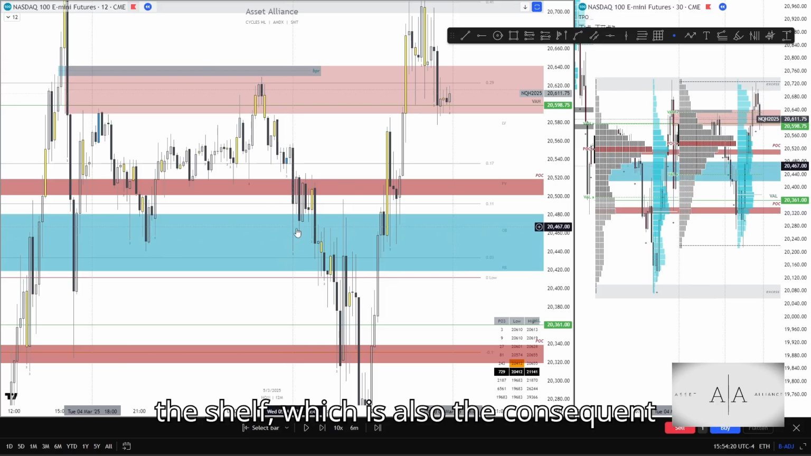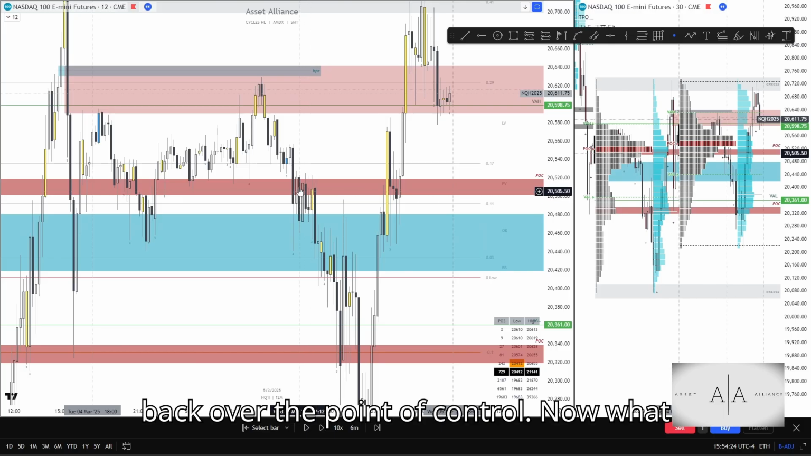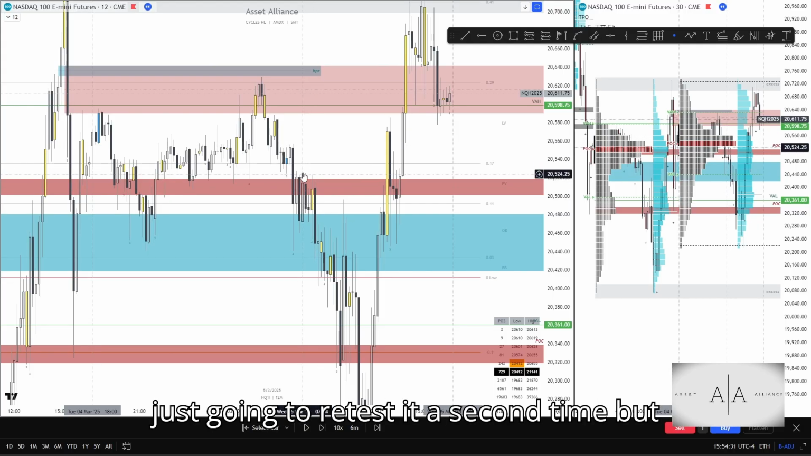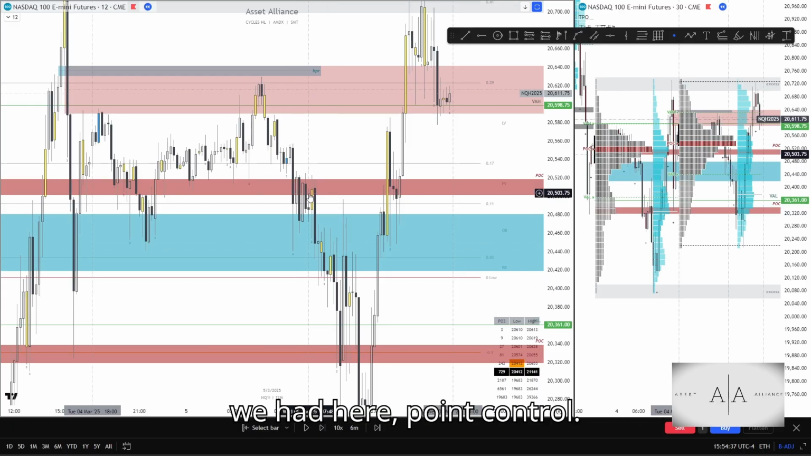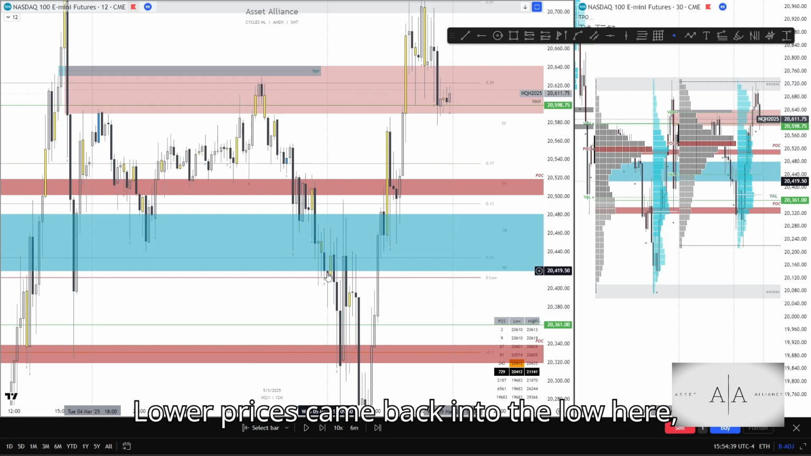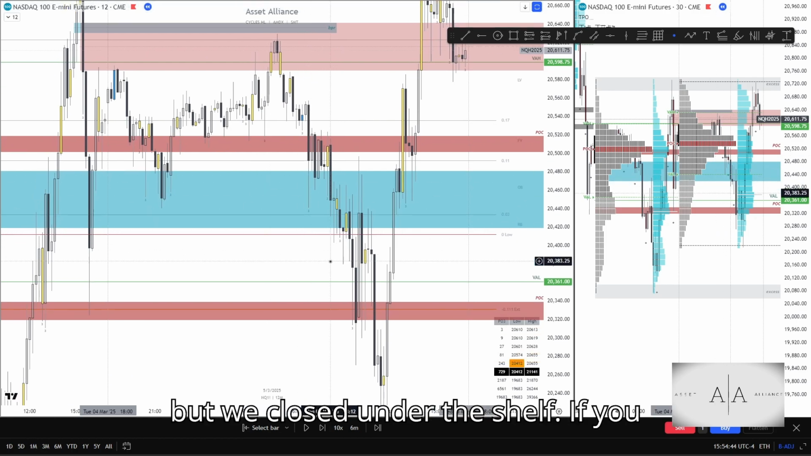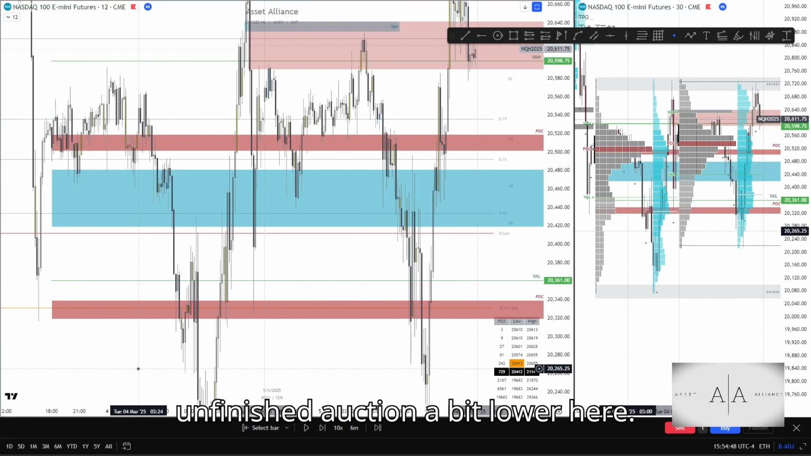Came back into the shelf, which is also the consequent encroachment of the OB, but couldn't close back over the point of control. Now, what did I say? When you retest the point of control but can't close above it, it's just going to retest it a second time, but then going for lower prices. This is what we had here. Point of control, lower prices, came back into the low here, but we closed under the shelf. If you close under the shelf and there's an unfinished auction a bit lower here,